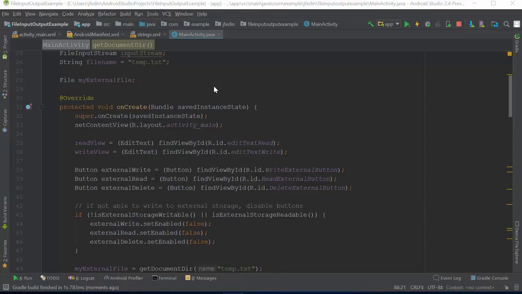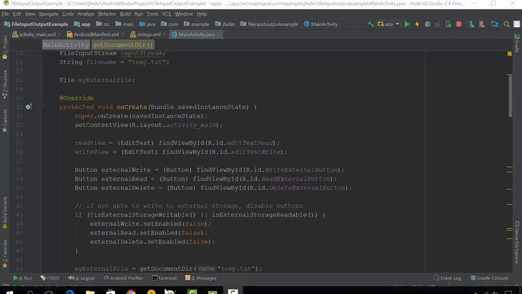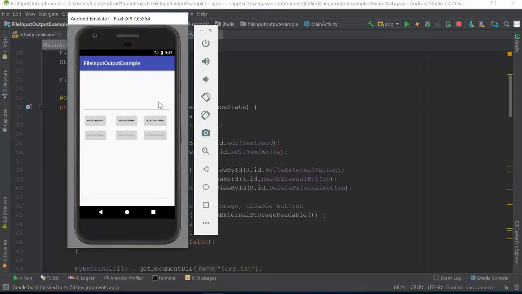And so here we have our Android Studio project. This was a simple application that just had some buttons that came up that allowed us to read and write. So here we just have our simple application. One bug I noticed in here is that all the buttons for writing and reading were coming up as grayed